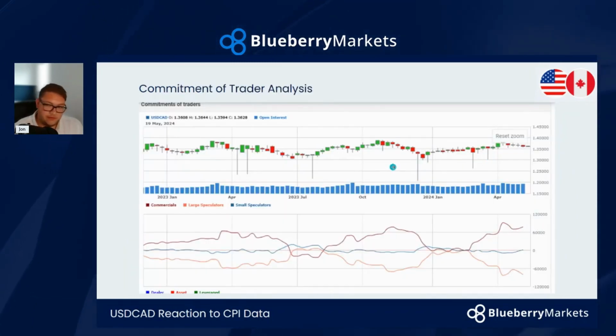Creating a trader's analysis. Let me know if you use COT reports. I find it really interesting. I'm going to discuss briefly what the Commitment of Traders reports are and show you how I use them. But let me know in the chat: do you guys use COT reports in your analysis? I think it's something that definitely could be used. And like I said at the start of the webinar,